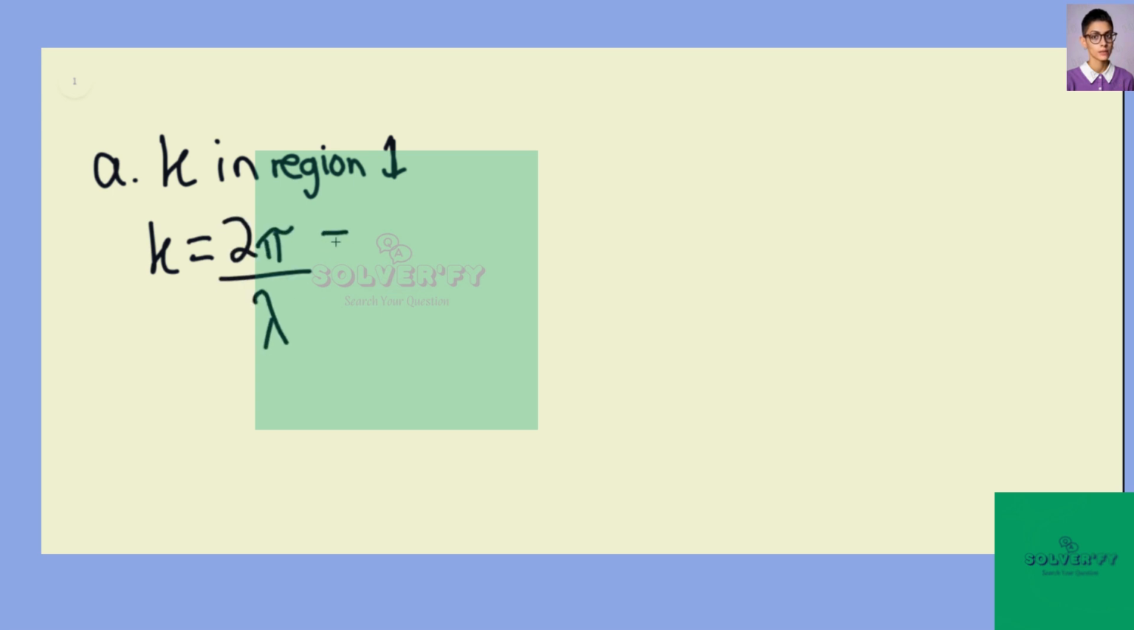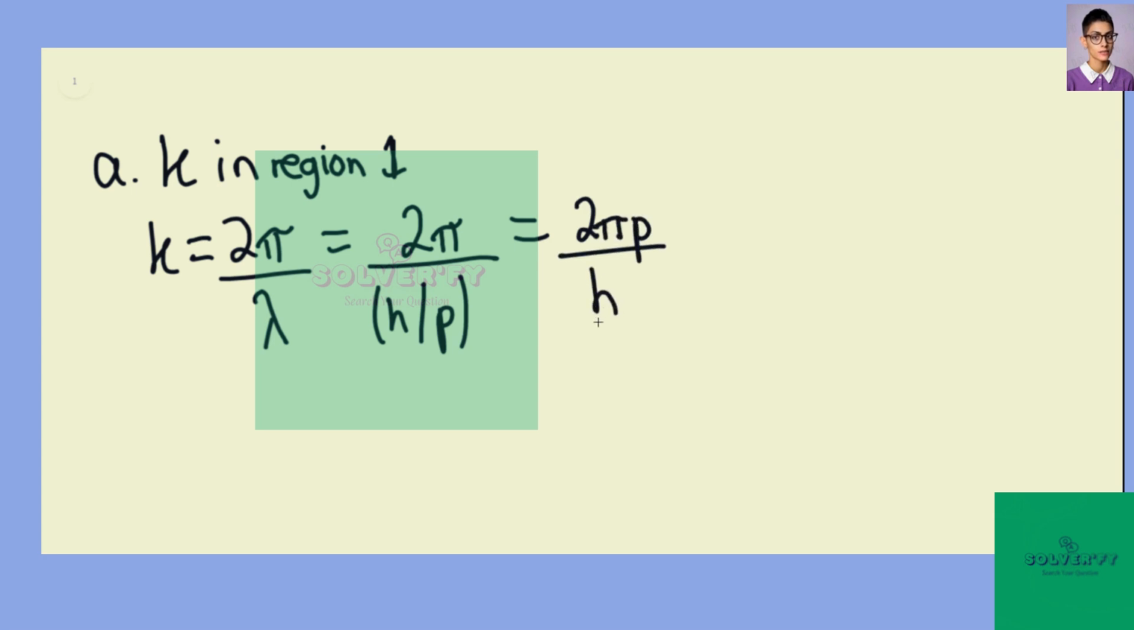So here we know that for part A, the angular wave number in region 1, we can say k in region 1 would be equal to 2 pi over the wavelength. This would be equal to 2 pi divided by Planck's constant divided by the momentum. And so this would be equal to 2 pi times the momentum divided by Planck's constant. This is going to be equal to 2 pi times the mass times the velocity divided by Planck's constant, and